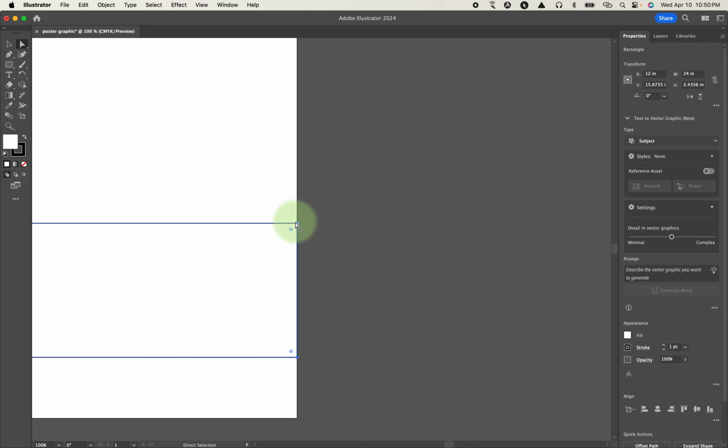This is an anchor point. This is not an anchor point. This little dot right here is for making the corners curved, which isn't what I want. This is the anchor point that I want. So when I click and drag a selection marquee around those 2 anchor points right there, those 2 anchor points